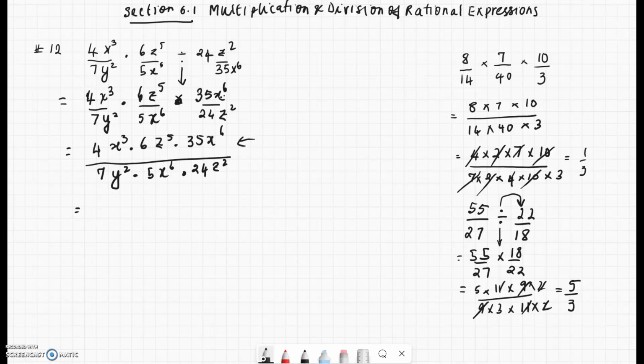Now we could combine the x's in the numerator. Let's keep the numbers separate. 4 times 3 times 2, that is 6, times 7 times 5, that's 35. So what I've done is I've collected all these constants and factored them to some extent, times, I'm going to combine the x cubed